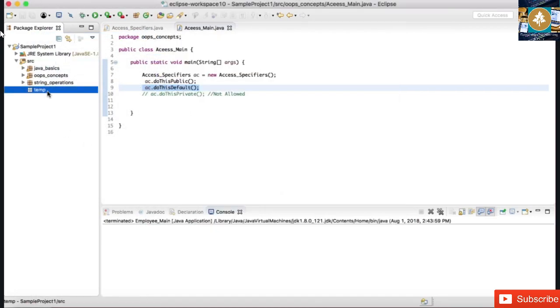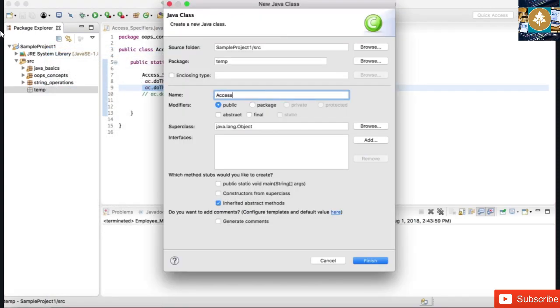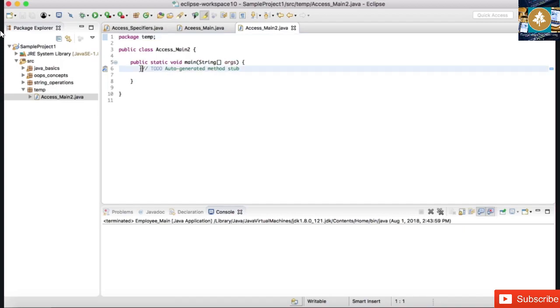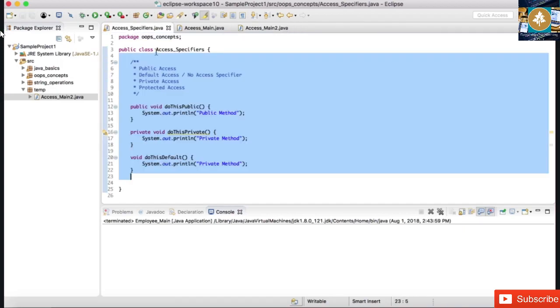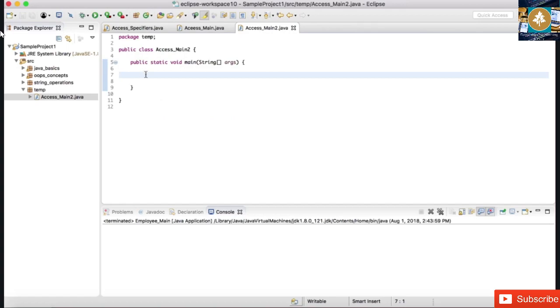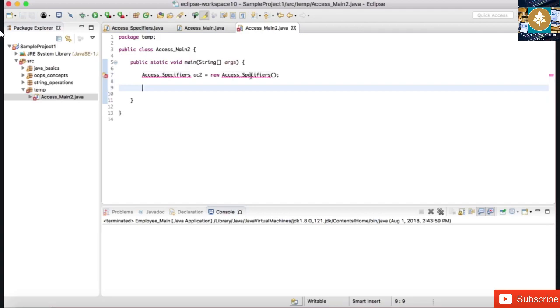Let's create a temp package. And inside the temp package, let me create another class with the name as Access Main two, and I'm going to create a public method and I'm going to create the main method in that. Now let's do the same thing. Let's create the object of Access Specifiers class. Let us say AC2 is equal to new Access Specifiers, and with respect to this class, now there is another